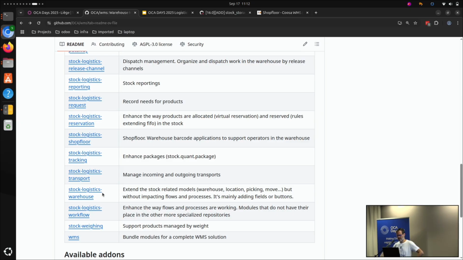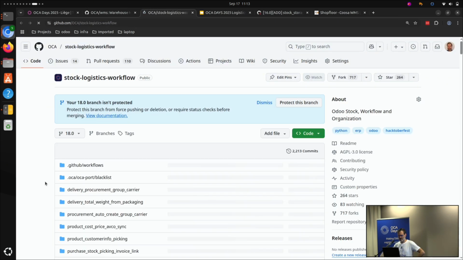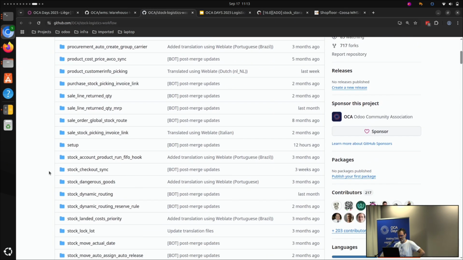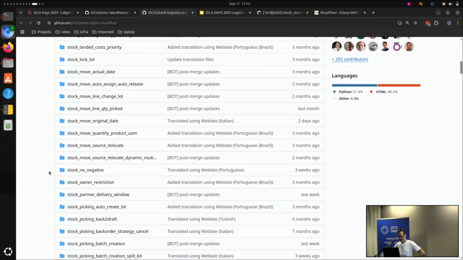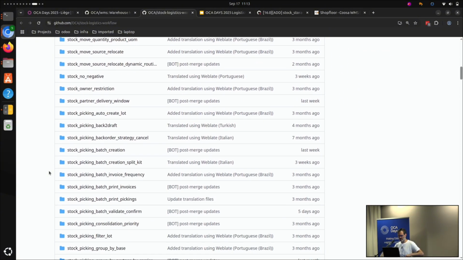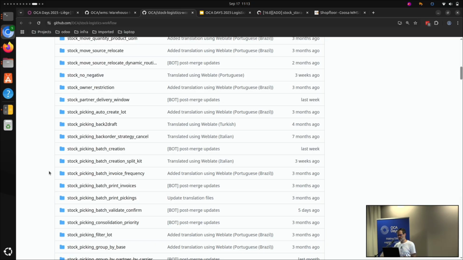Warehouse, mainly about enhancing the view, some fields, and then workflow to finalize with the time I've left. Of course, very important. Plenty of small modules, module to split picking, module to create the batch. Also very important to